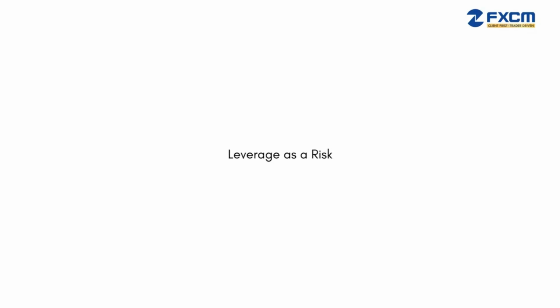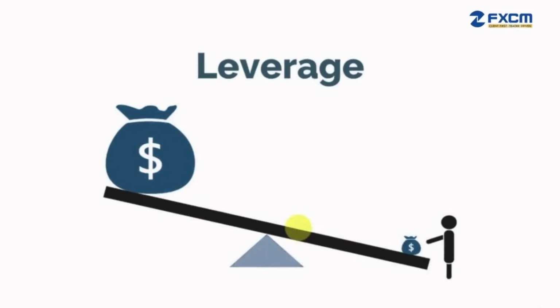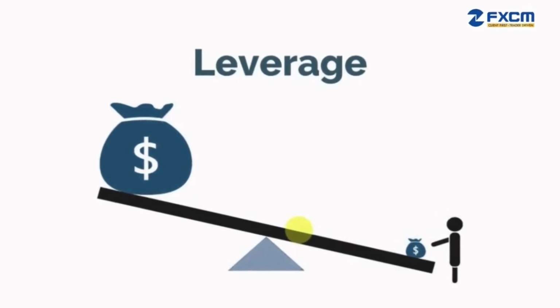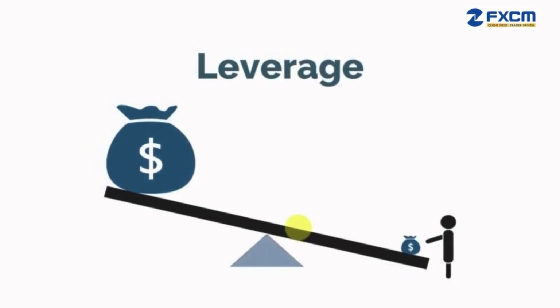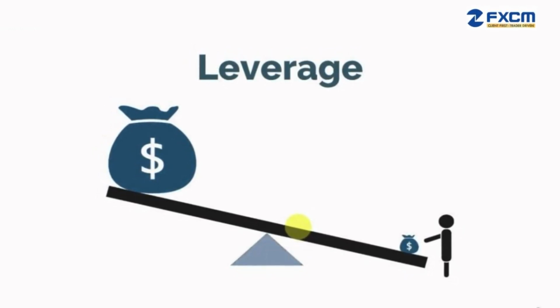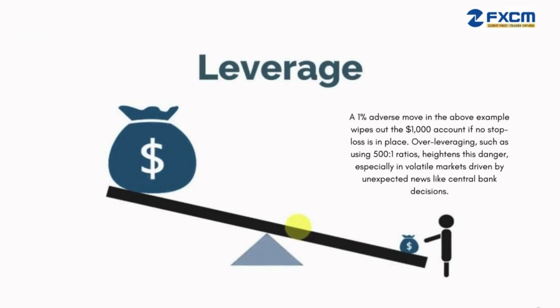Leverage as a risk. However, leverage becomes a risk when misused or misunderstood. High leverage magnifies losses just as it boosts gains. A 1% adverse move in the above example wipes out the $1,000 account if no stop loss is in place. Over-leveraging, such as using 500-to-1 ratios, heightens this danger, especially in volatile markets driven by unexpected news like central bank